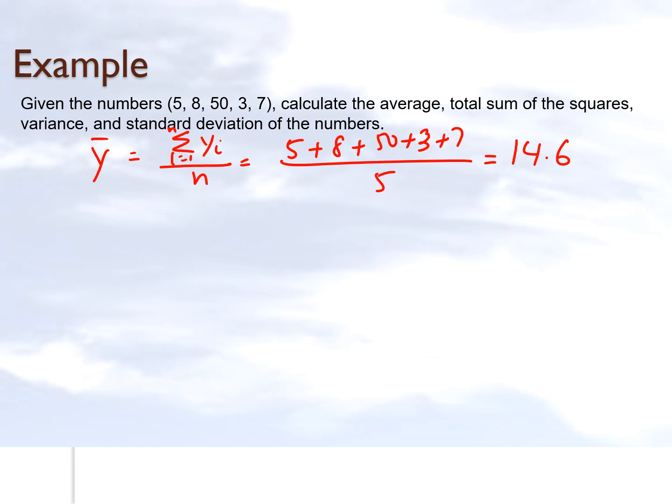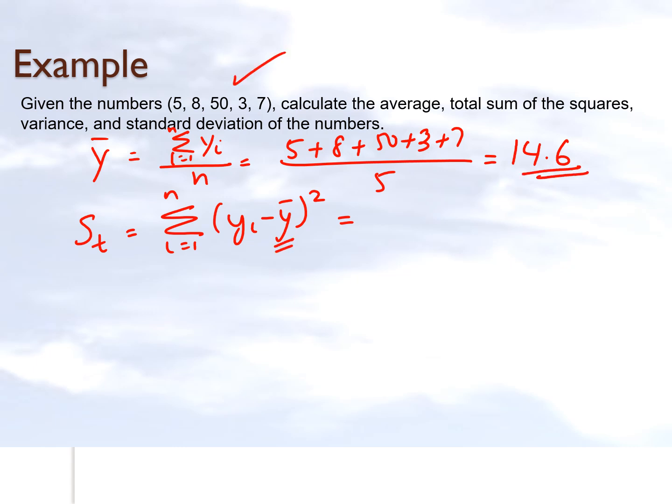Now let's go and calculate the total sum of the squares. As I said, we should call it the sum of the squares of the difference between the observed value and the average value. So that is defined as this. So if we just calculate the average value, that's going to go here.